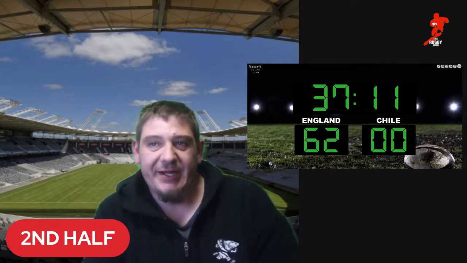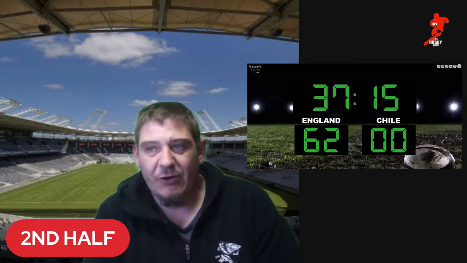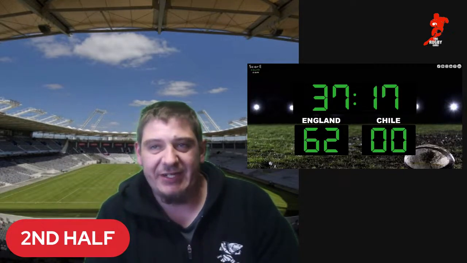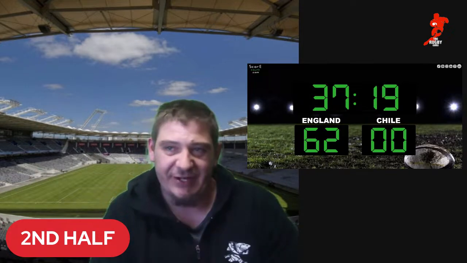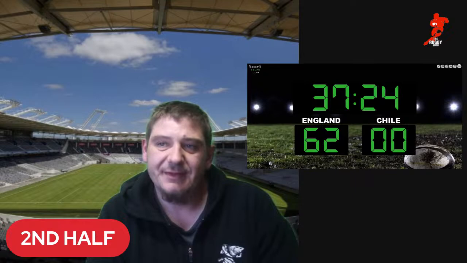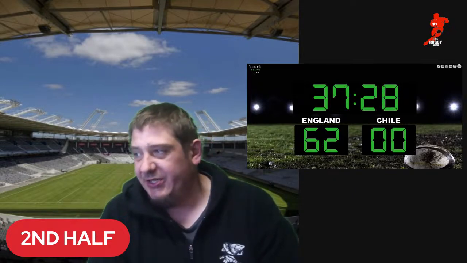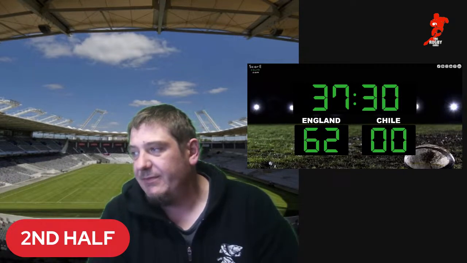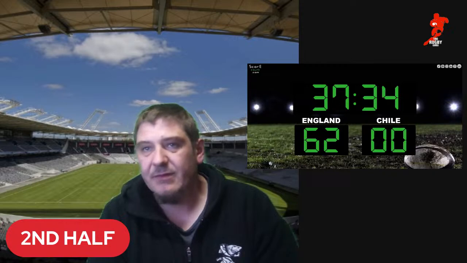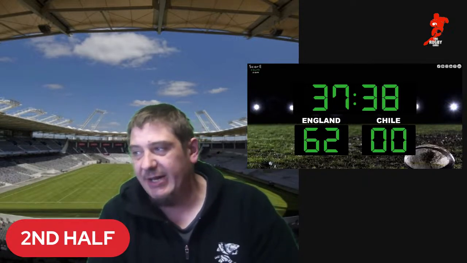Right, so a great opportunity now for England to at least get up to 70 points if they get this conversion over. But yeah, it's been a poor display from Chile today. 62 points to 0 with this conversion to come.